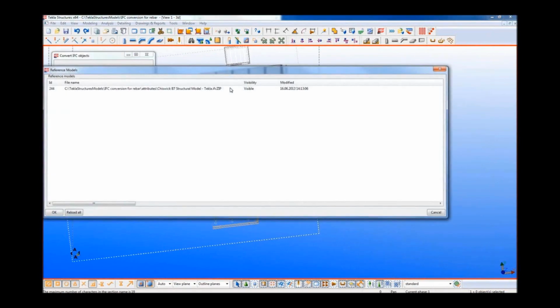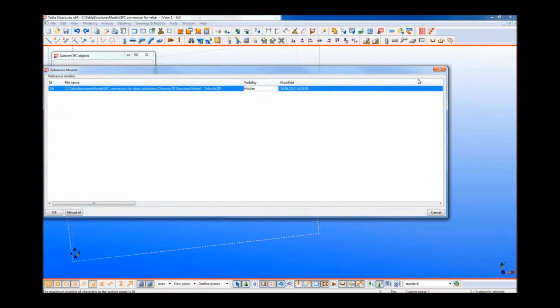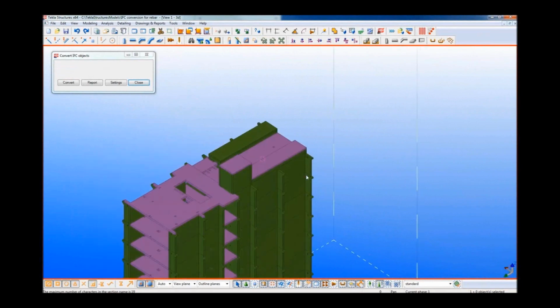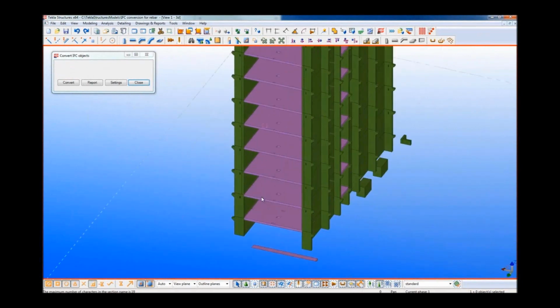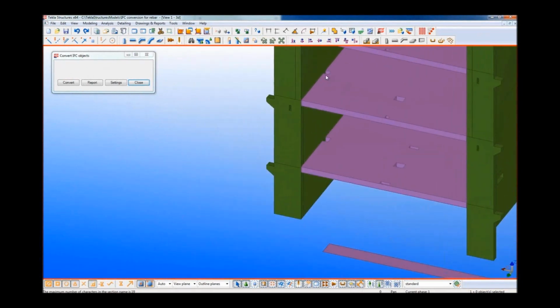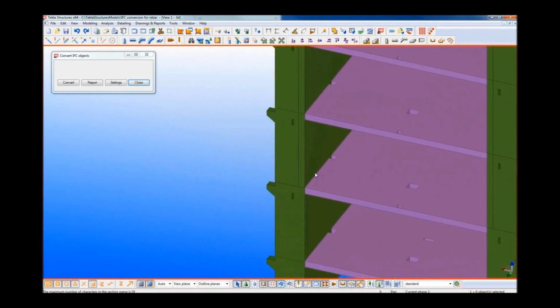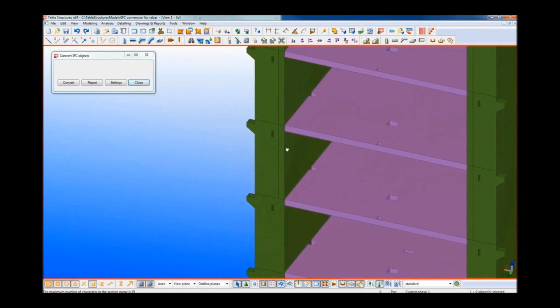Reference model list. Let's hide that. So some things to consider are constructability issues and making sure things are the same. I just noticed last time I converted on here, these walls have been modelled as